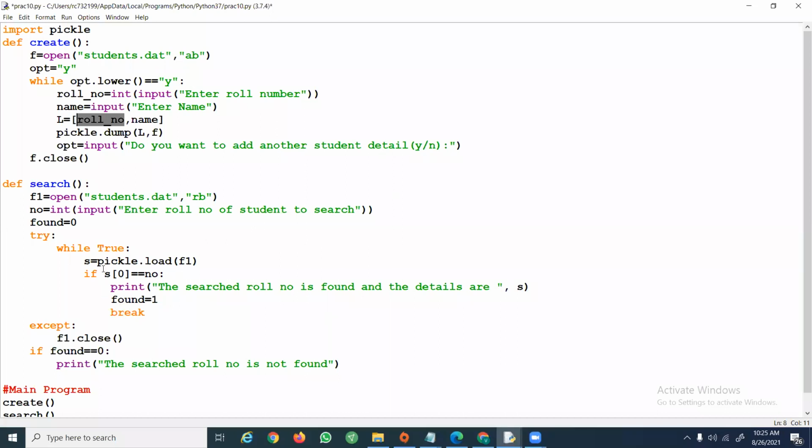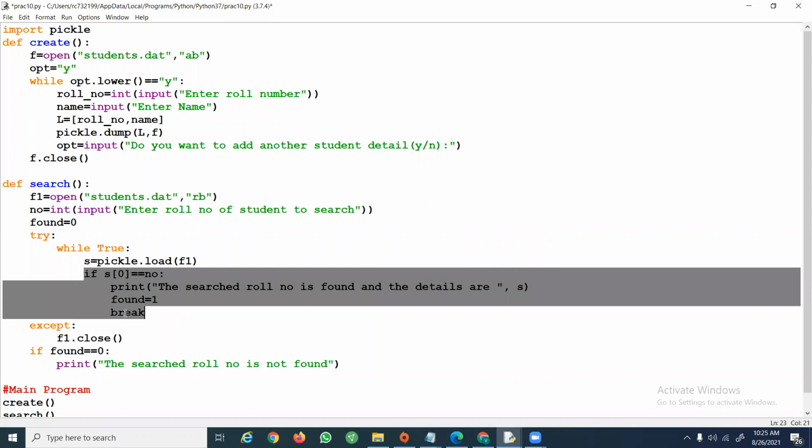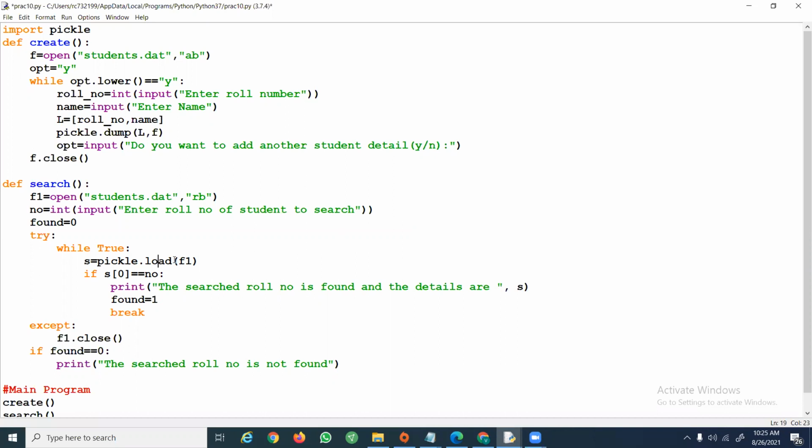If not found, I'm reading the first record. In the first record, the roll number I'm searching for was not found, so this complete portion will not be executed. It will again enter the while loop and read the second record, then the third record. The search will go on as long as there is some content. If the record you are searching for is found, the execution will stop. Either you found the information or you read all the records from the file.